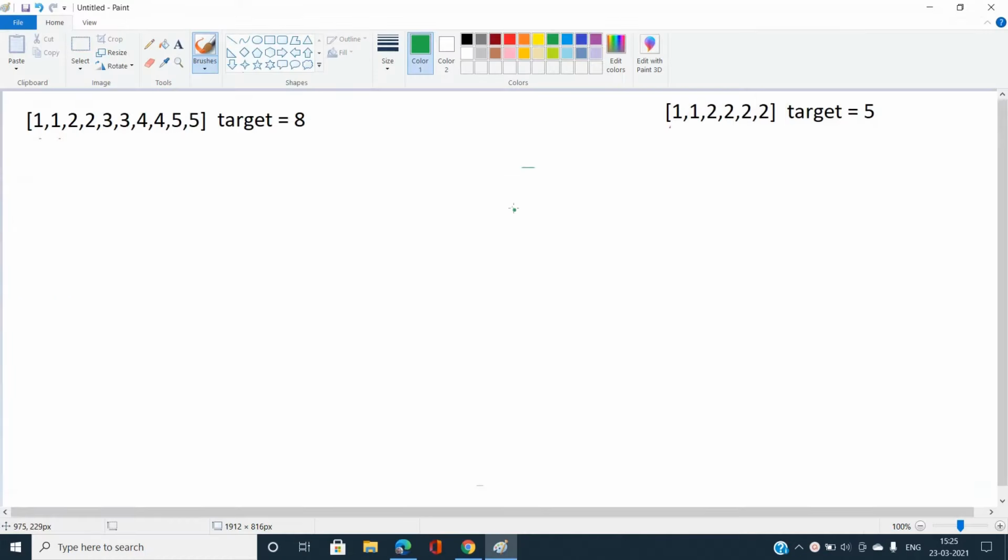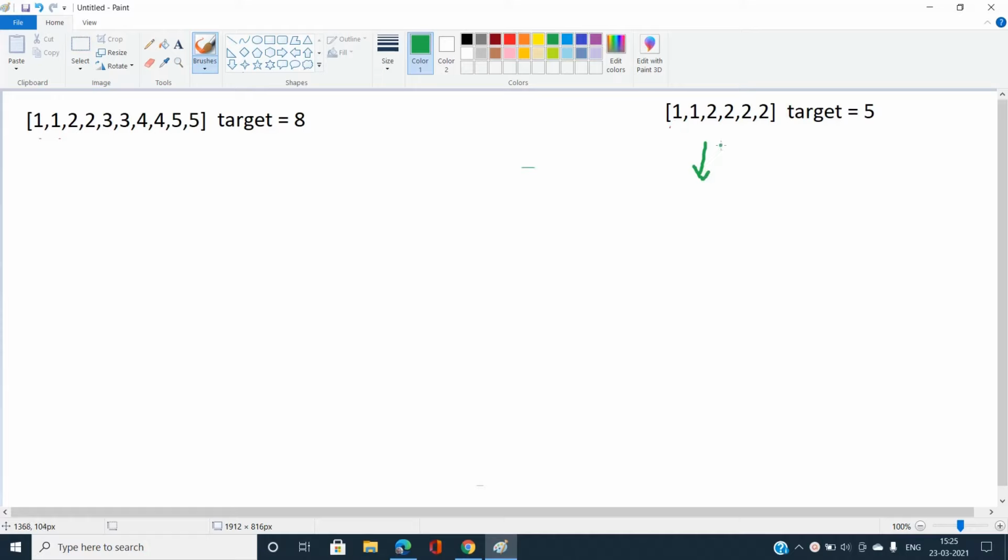So basically here are the two examples that I have taken over here. So let's start with this example. Before moving further, I need to explain that I have used the two pointer approach. That is, first take some element after sorting the array and then check for the segment to the right whether there exists a pair that satisfies my new sum. What is the new sum? That is target minus the current element.